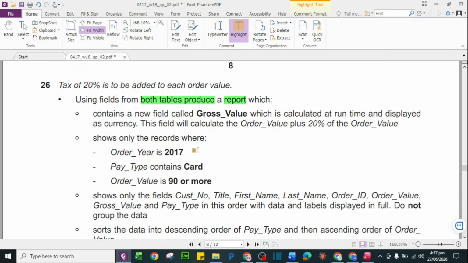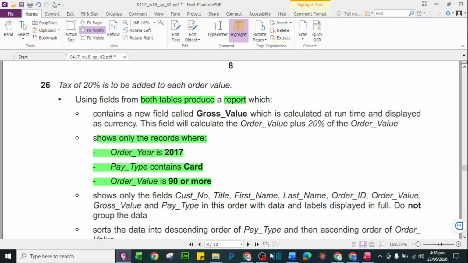Now this gross value we will calculate at runtime and display as currency. This field will calculate the order value plus 20% of the order value, where these are the criteria: order year is 2017, pay type contains card, any card, and order value is 90 or more.